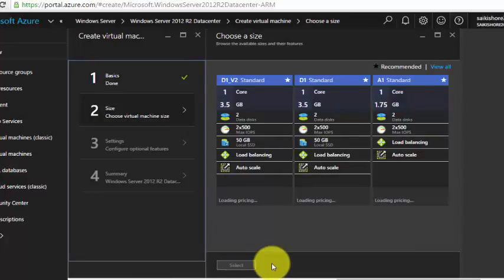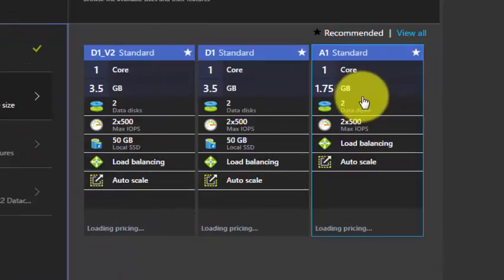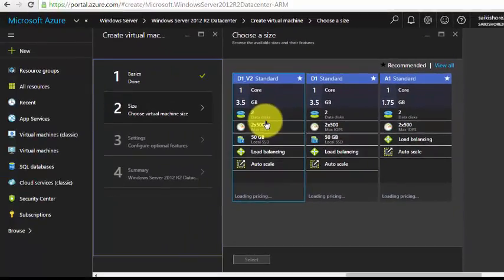okay, with I would like to go with not the A1 standard, because you can see it's just one core with less than 2 GB RAM, so that will not work for a domain controller. So would like to go for D1 V2. Click on select,